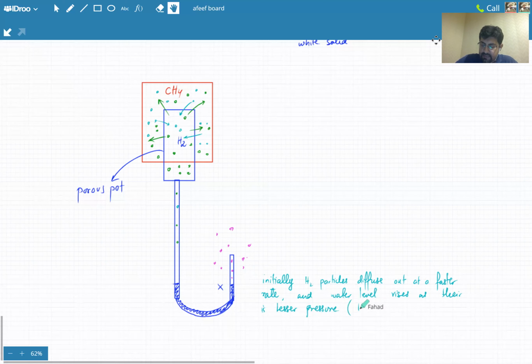Because less gas inside the porous pot. So less gas inside the porous pot, and then the other explanation. Again, water level rises as there is lesser pressure, less gas inside porous pot, but eventually,